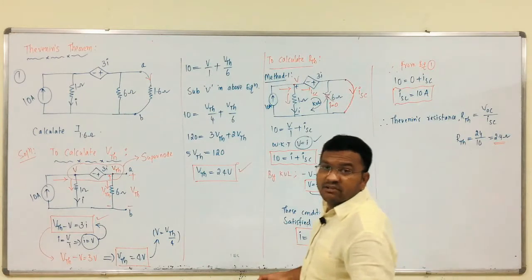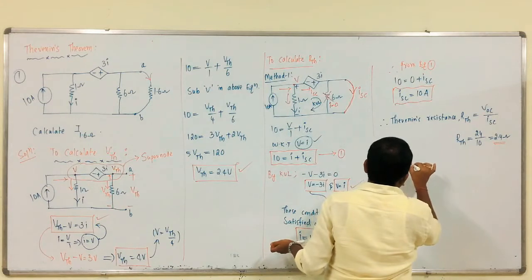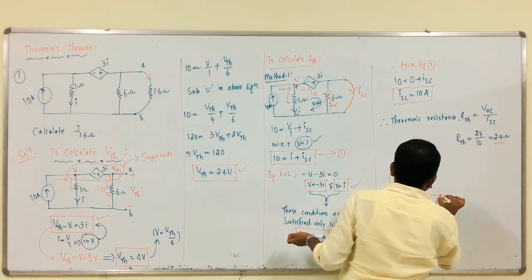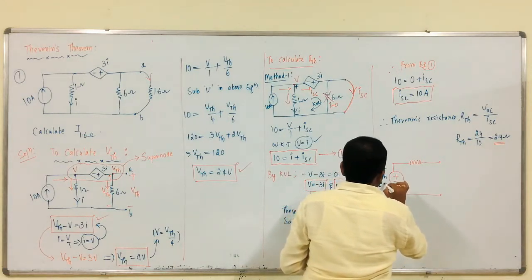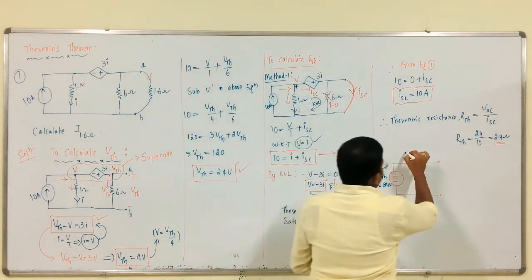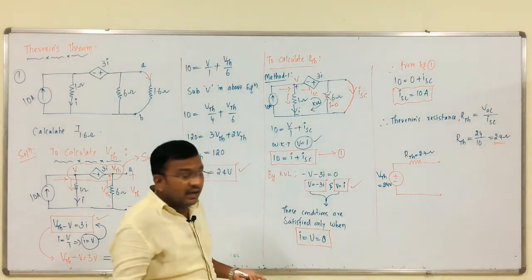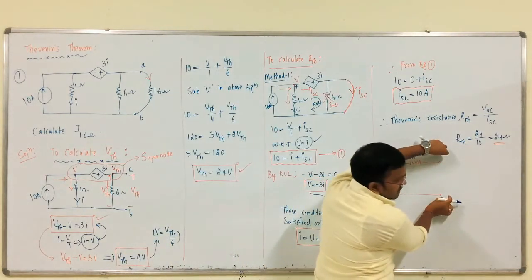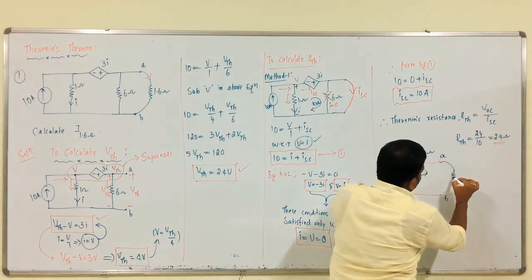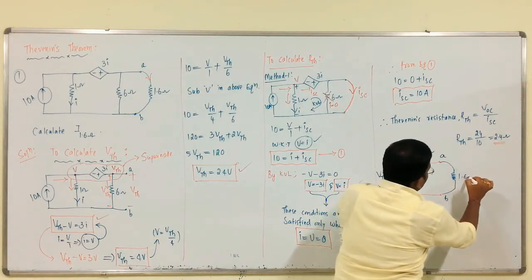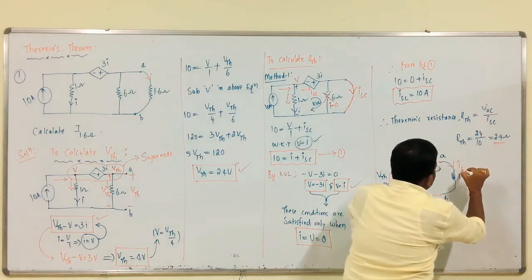Then we have to get the Thevenin's equivalent circuit, plus minus, this is VTH, this is RTH. So, VTH is equal to what? 24 volts. What is the value of RTH? Which is equal to 2.4. Later, we have to reconnect that load branch between these two open circuited terminals. That is what? This is 1.6. Now, we have to calculate the current through this load.